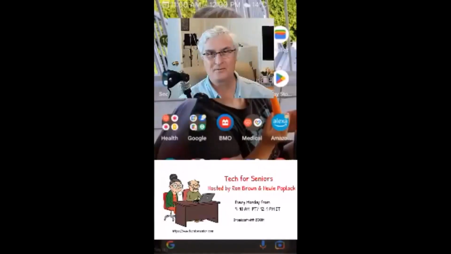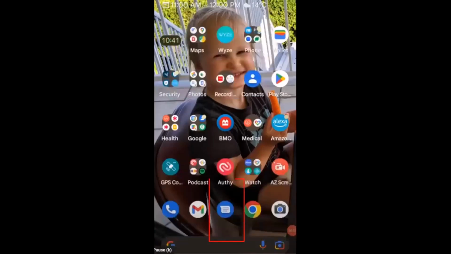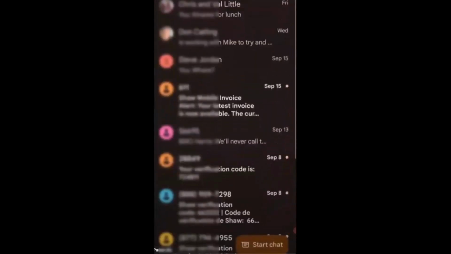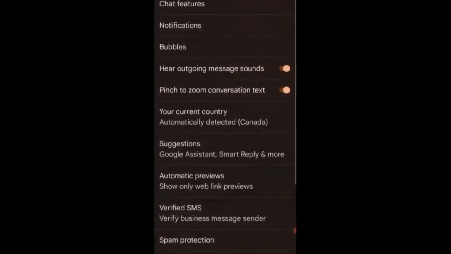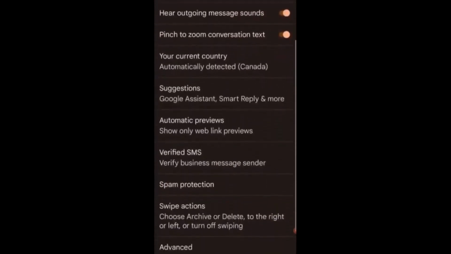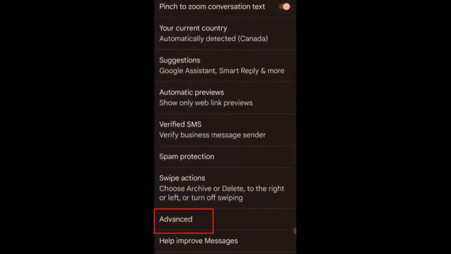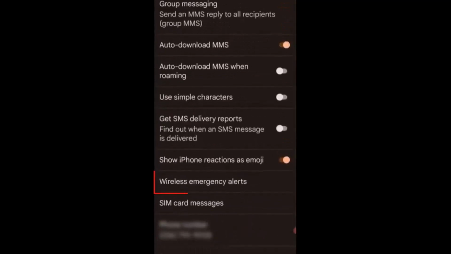Ron Brown with Tech for Senior, wireless emergency alerts. To prepare for a hurricane, you need the National Weather Service alerts. This often is turned off on your cell phone. Let me show you how to turn it on. Click your messaging app, and once we get to messages, go up to the three-dot menu, and we're going to click Settings in the messaging app. We're then going to come down to the Advanced section. Click Advanced, and here's where we're going to look at wireless emergency alerts. Click that,